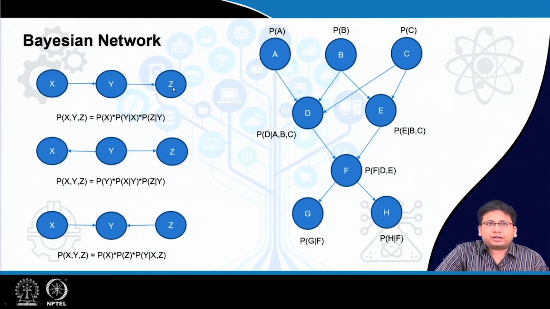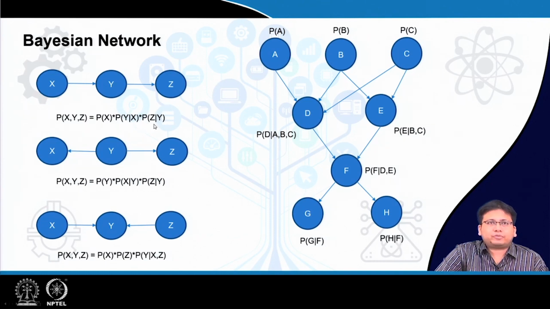Like for the variable y, it has only one parent, so x. So, we write p of y given x. Now, if you come to z, that also has only one parent, namely y. So, its conditional distribution of z is p of z given y. So, the joint distribution we simply write as the product of the conditional distributions of every node conditioned on their